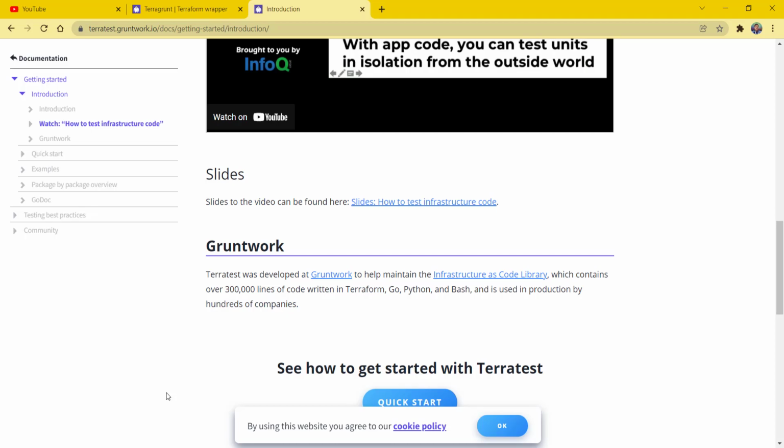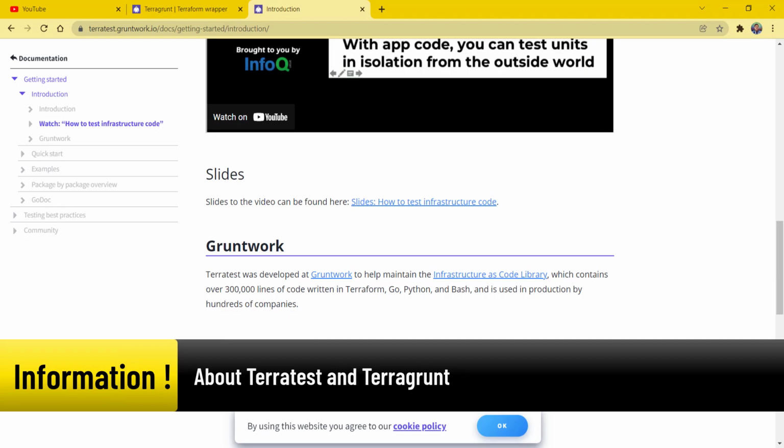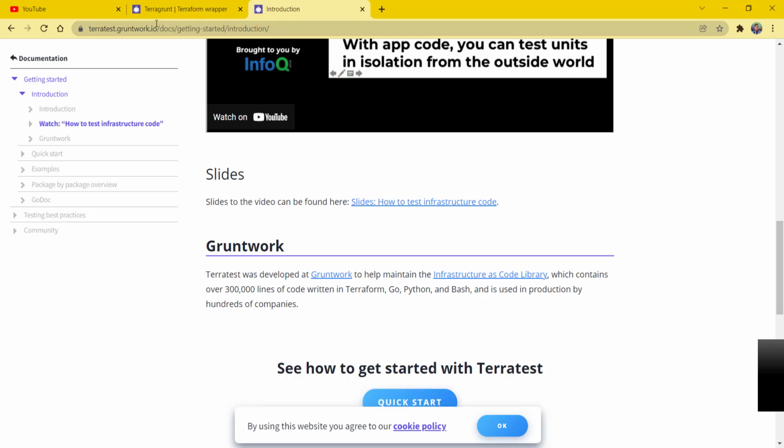So Terratest is a tool owned by Gruntwork, the organization, which you can find here on the website. This particular tool, Terratest, has been written in the Go language. Go is the behind-the-scenes language which is used to write all the supported test cases. The name sounds like it is given only for support to Terraform,